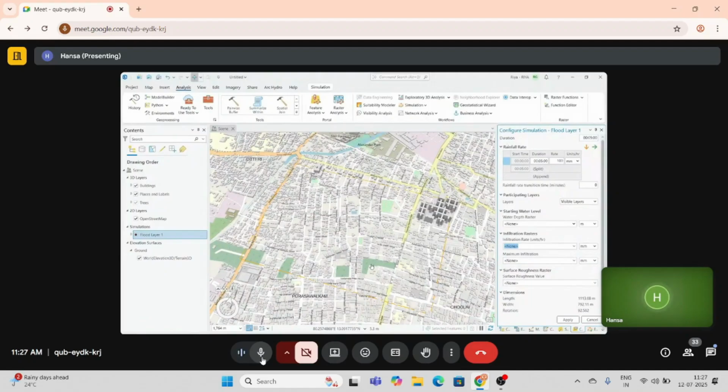Then you have the maximum infiltration. Maximum infiltration is how much water it can take, like absorb basically. After a certain